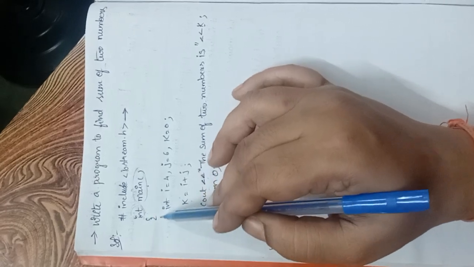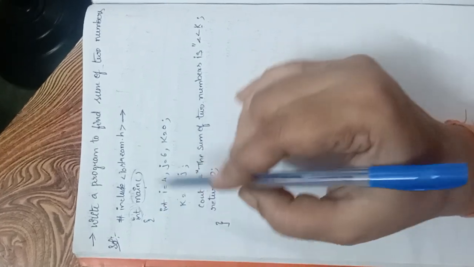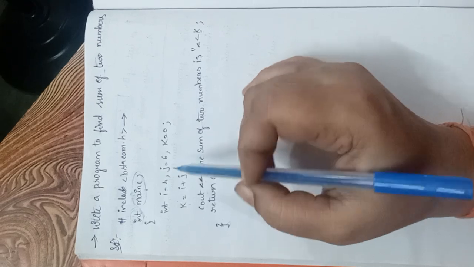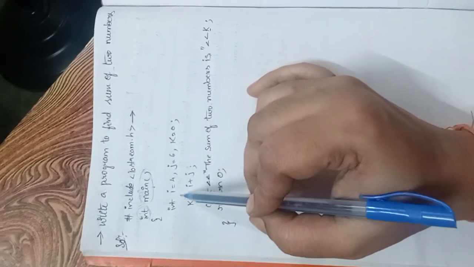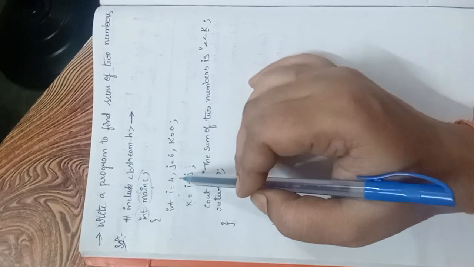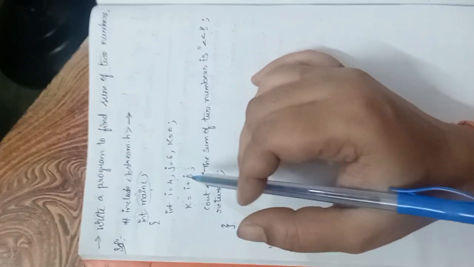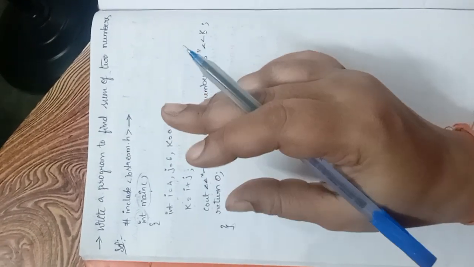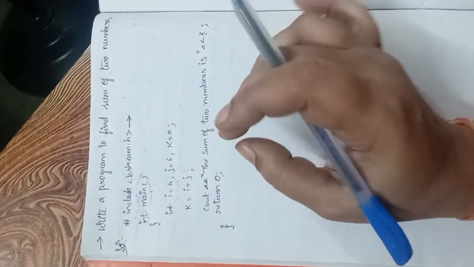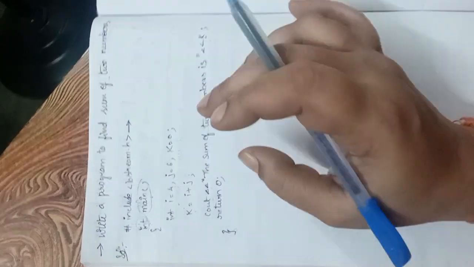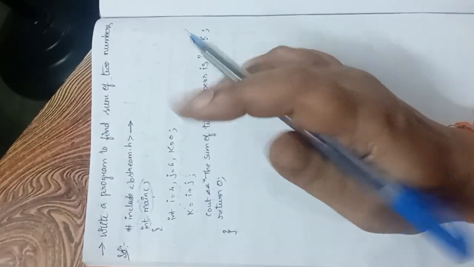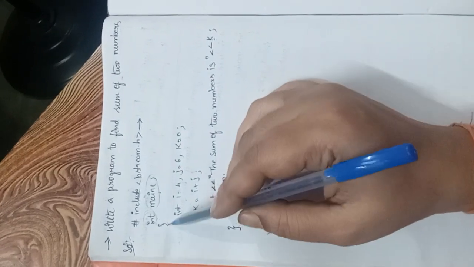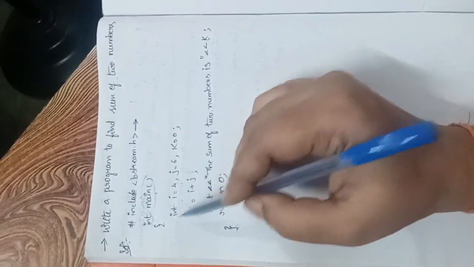So flower brackets start. See why we are using these brackets: we will write not only one statement within the function, you can write more than one statement. So how many steps this line of codes must be compiled is based on the open and closed braces, you can understand.